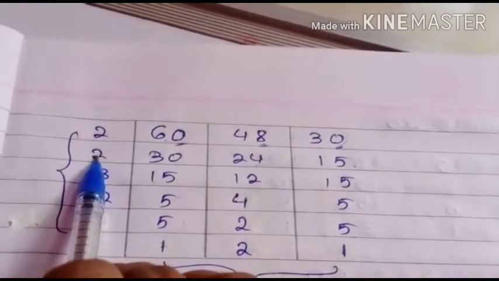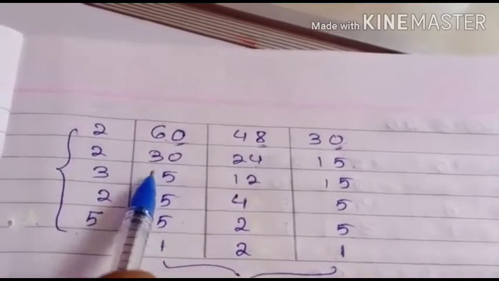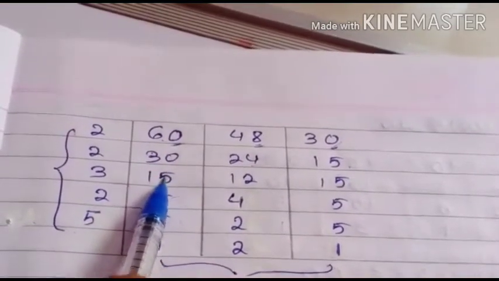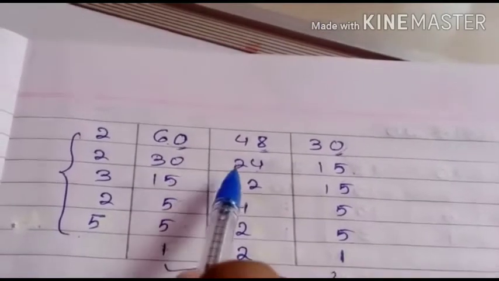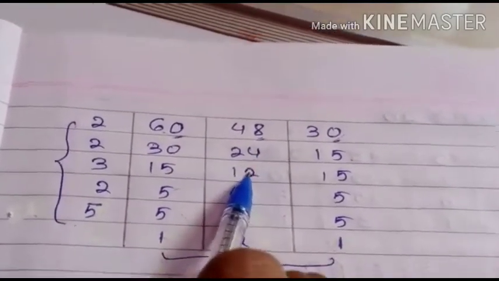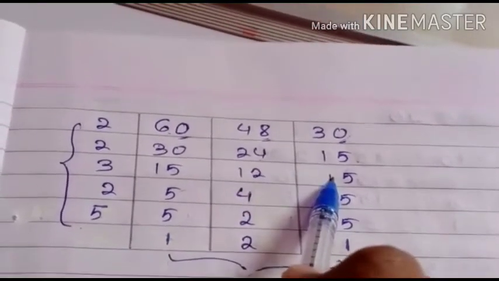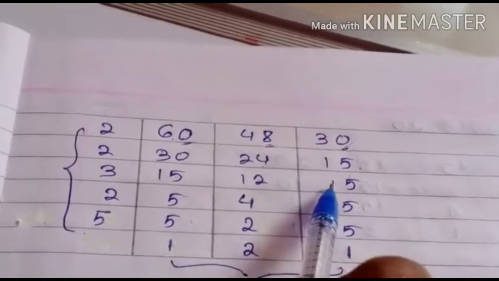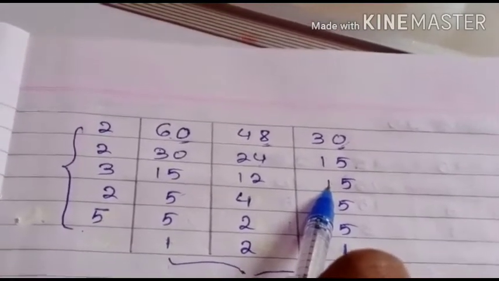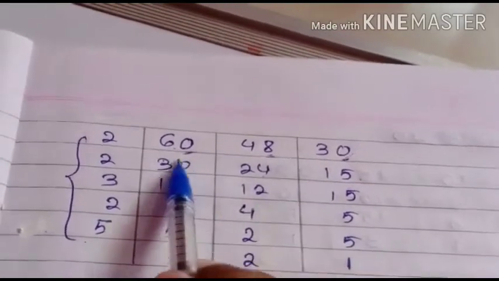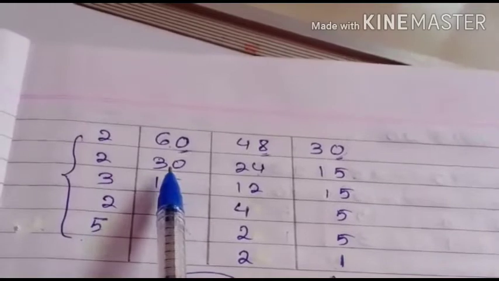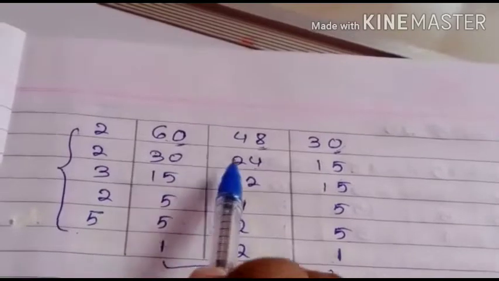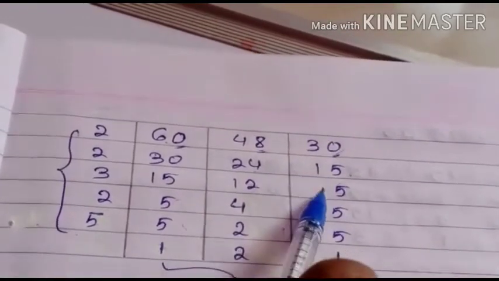And what quotient will you get? 2 1s are 1 remaining, 1 and 0 become 10. 2 5s are 10. So what answer did I get? 15. 2 1s are 2, 2 2s are 4. What answer did I get? 12. Now 15, I am not dividing 15 by 2. So 15 we have to write down as it is. Is this concept clear to everyone? As I said, if all 3 numbers are not divisible, we have to see if any 2 numbers are divisible by the smallest number, then we have to divide. And the rest number we have to write down as it is.